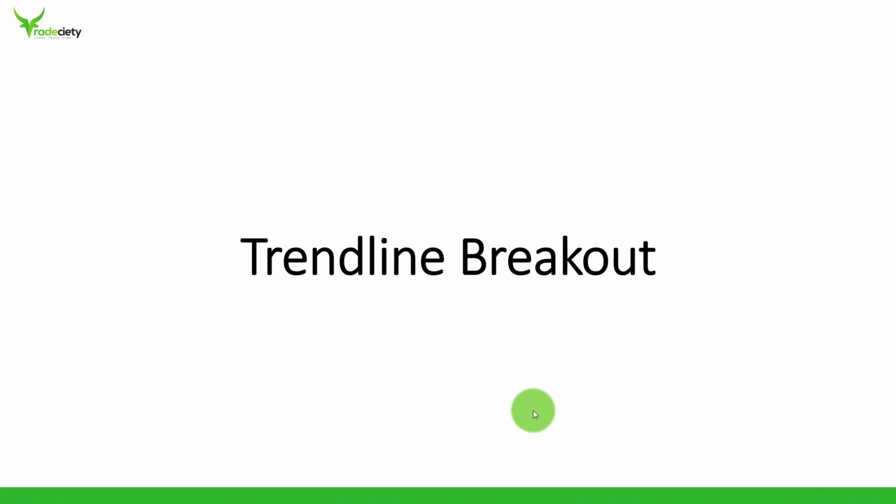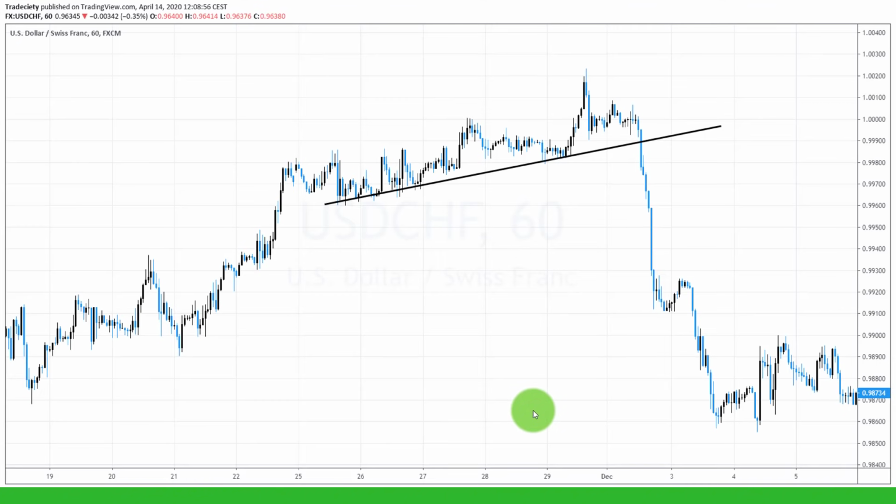The trendline breakout is again a multi-candle pattern, so we look at broader context instead of just one or two single candlesticks. So the trend lines will often tell you a lot about what is happening in the markets. The trend line will tell you a lot about the strength of momentum. So when we look at the origin of this trend, you can see the trend started with very, very strong bullish interaction and a very, very strong bullish phase. The market here rallied very quickly, and then here, as the market moved into the top, the trend line became